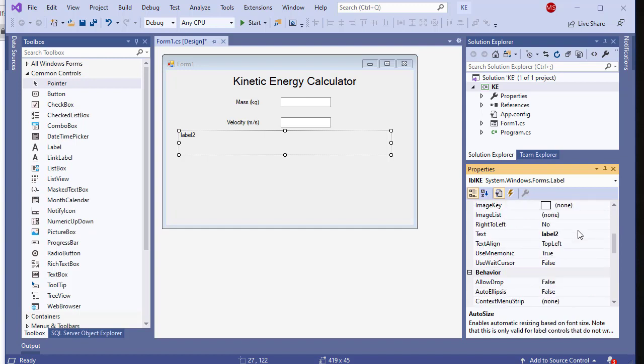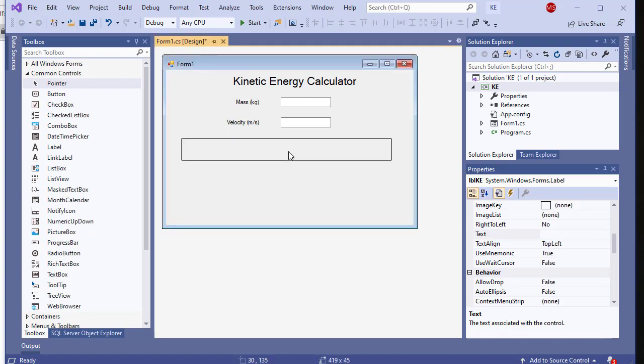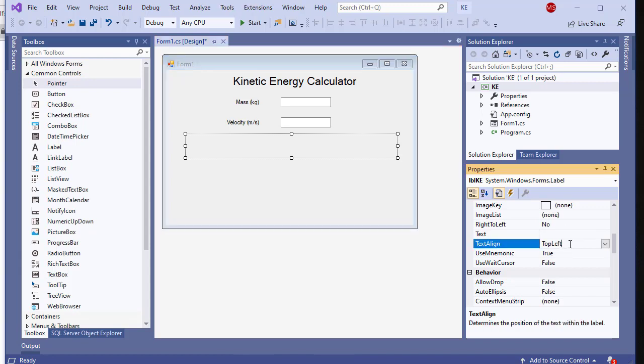And I need to get rid of the text that's in there, and notice it doesn't go away like you might have had happen to you in the previous assignments. Because I've taken away the auto sizing, it has remained open and large. I wanted to set the text align to middle center, and I want to go ahead